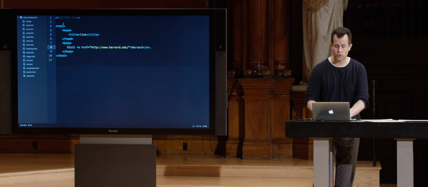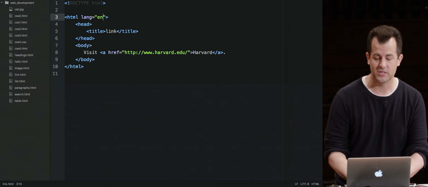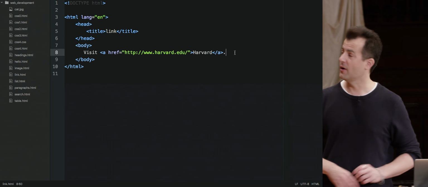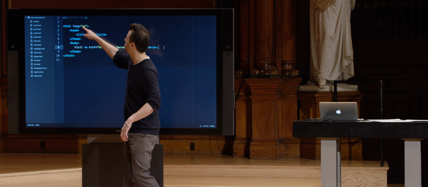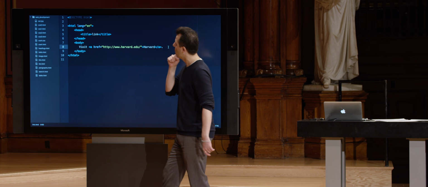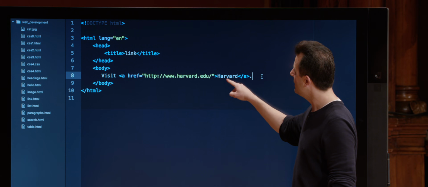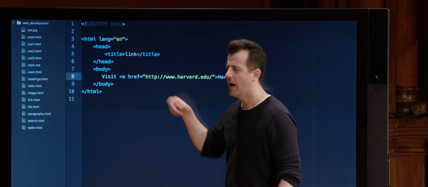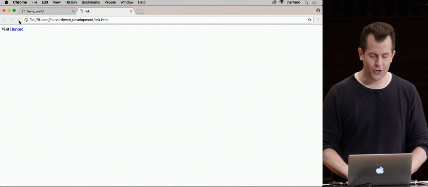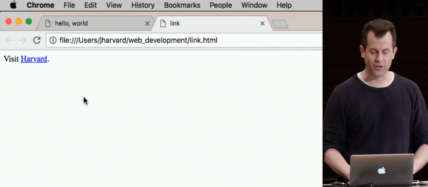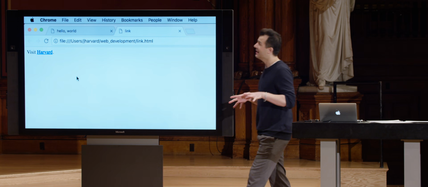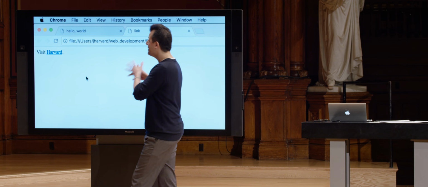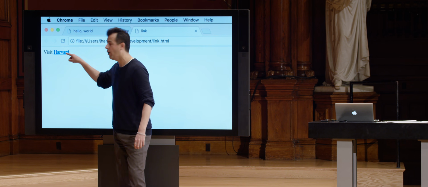So just for good measure, let me go ahead now and make sure the world knows this is an English version of my page. So now I have two attributes on the page, the first of which modifies the HTML tag, the second of which modifies the anchor tag. And now this attribute has a hyperreference, which is an actual URL. And if I go and reload the browser now, notice the perhaps familiar, if dated, blue text that's also underlined, thereby signifying visually that this is now a link